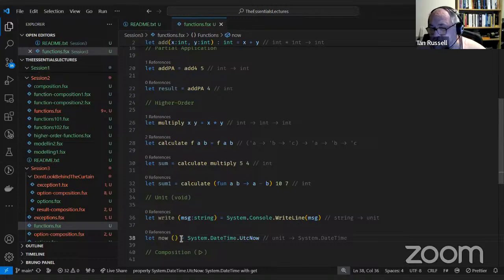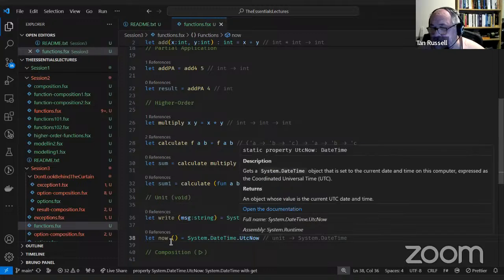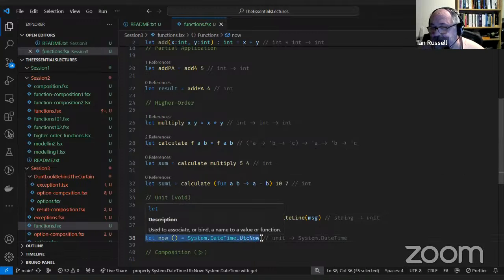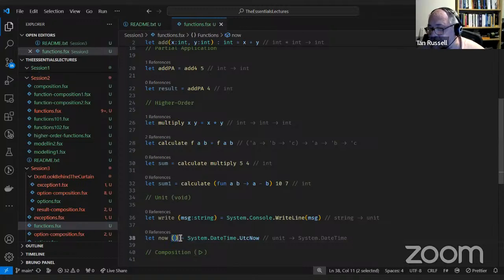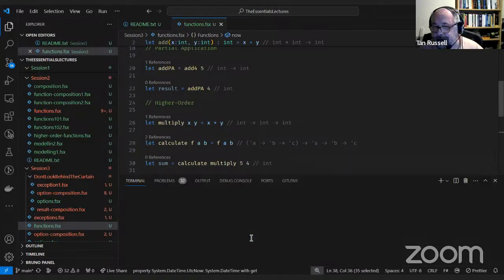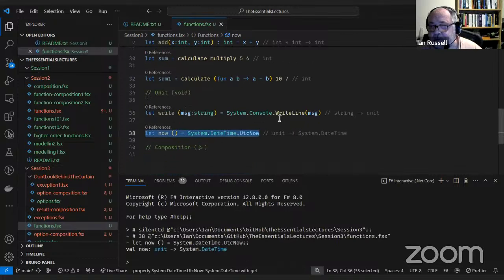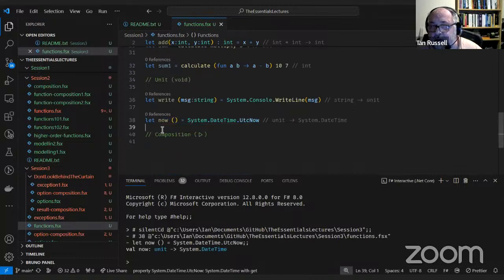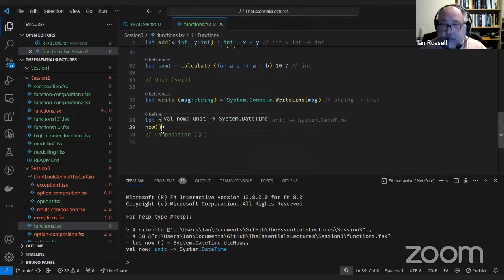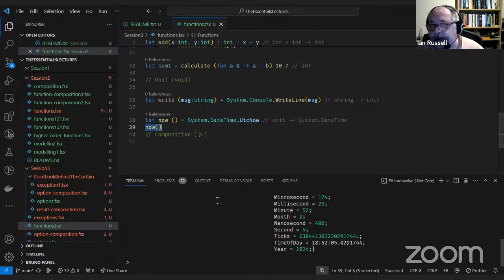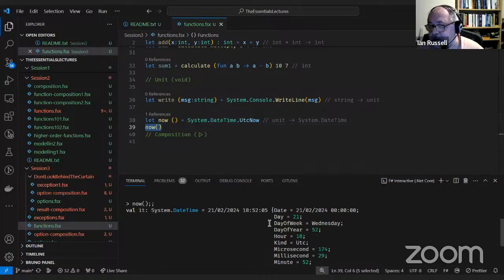Because we're not using an input parameter, we still need to provide one to get the current date time whenever we call it. So we have to provide the unit parameter, which is the open bracket close bracket. So I can run that in interactive, and I get the current date time.